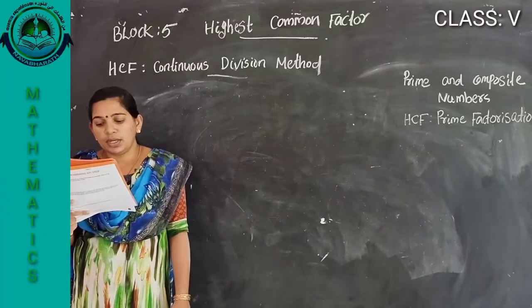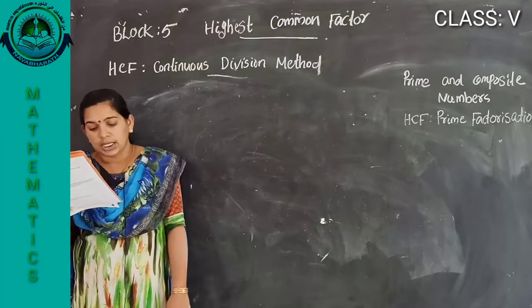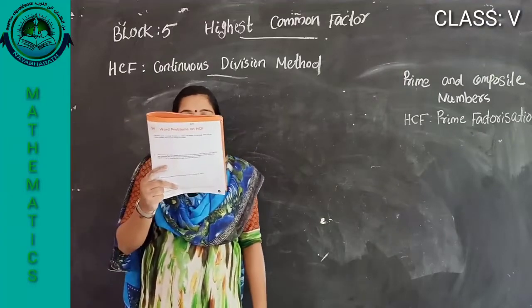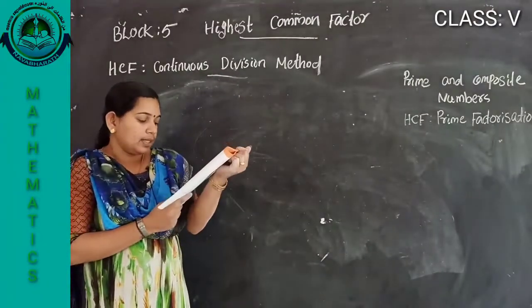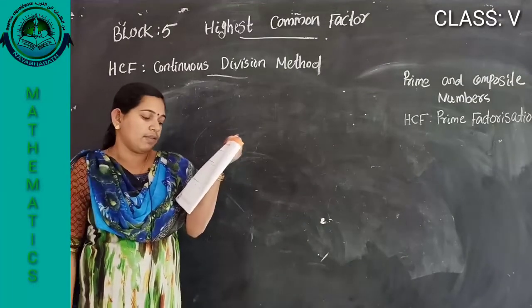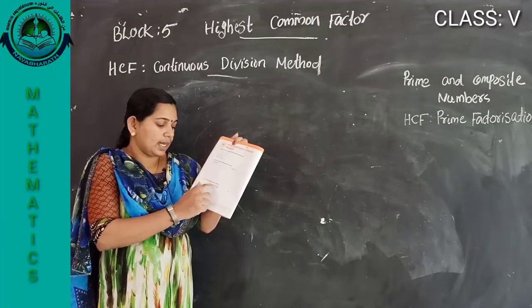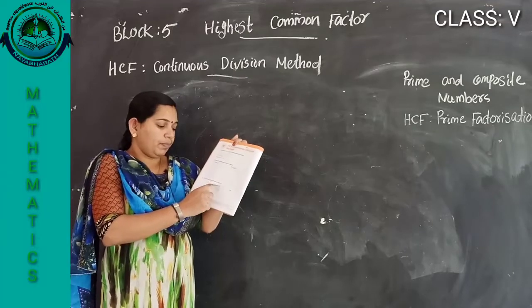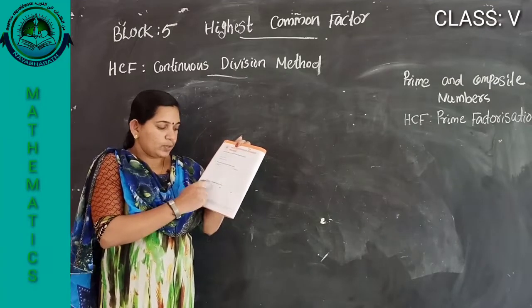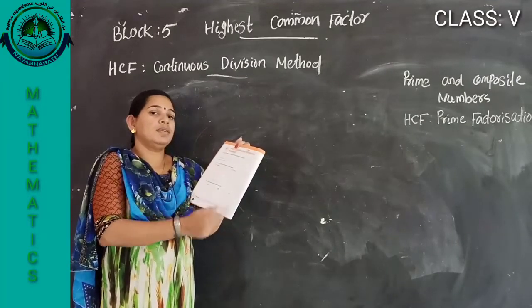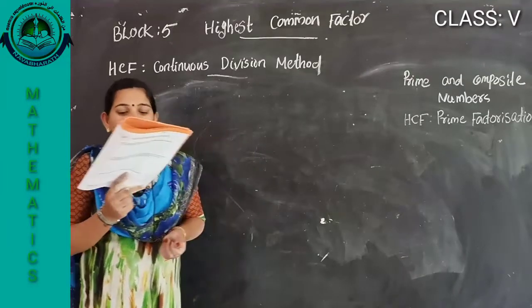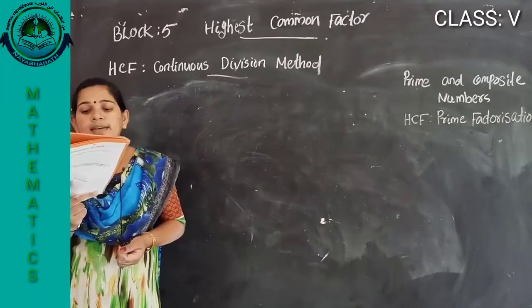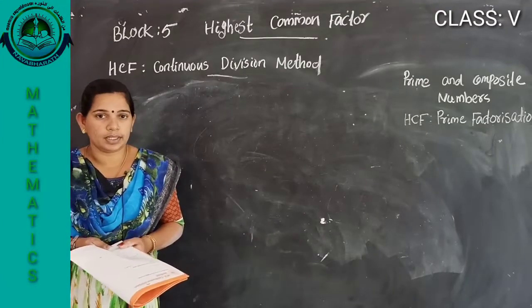18 and 64, 25 and 70. Then circle the numbers that have an HCF of 6. You are checking HCF of 12 and 20, then 20 and 18, then 12 and 18. Whichever HCF is 6, that you circle. Okay. So circle the two numbers that have an HCF of 6. That two numbers you circle.